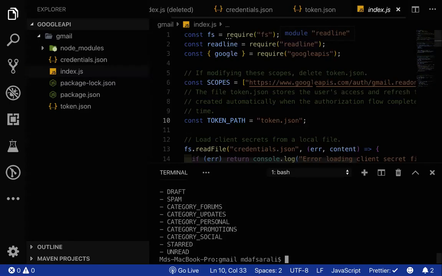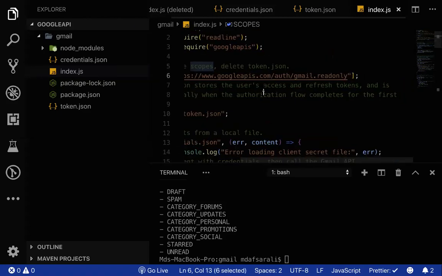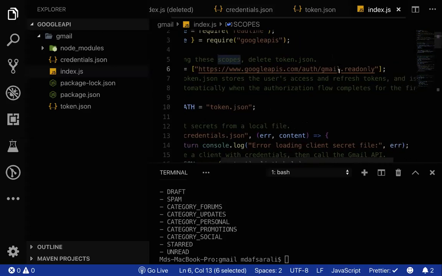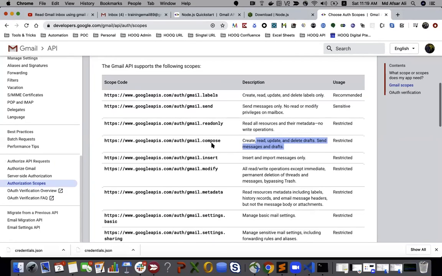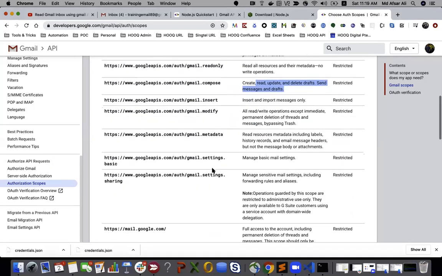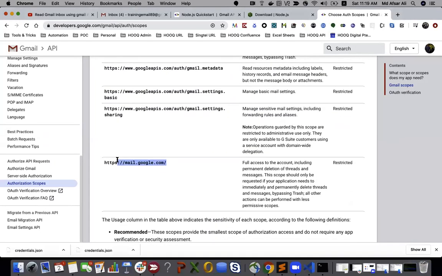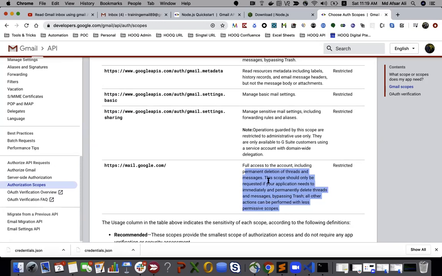Okay, so in this particular case, in the index.json, if you check the scopes, we have only Gmail read only access. If you want to change the scopes of the Gmail, if you want to compose or give full access, then just place this one. It has full access to the account, including permanent deletion of thread and message. This scope should only be requested if your application needs to immediately and permanently delete threads. And okay, there are a lot of